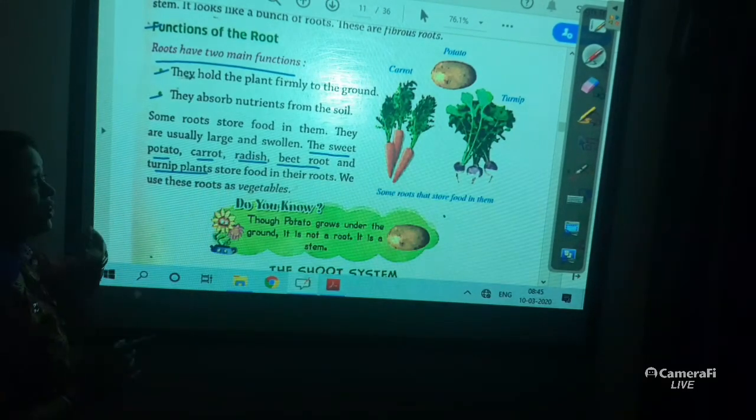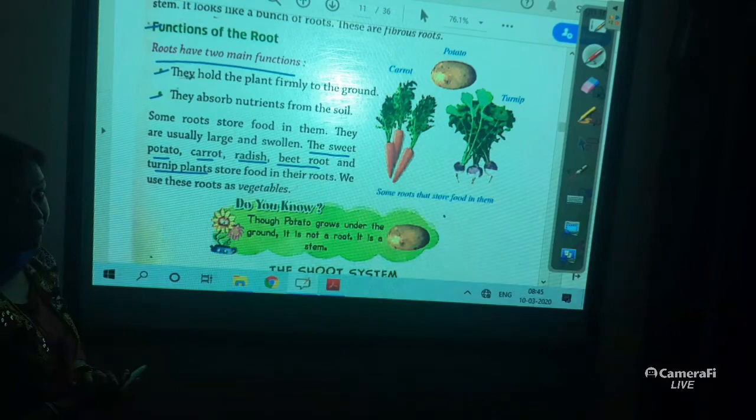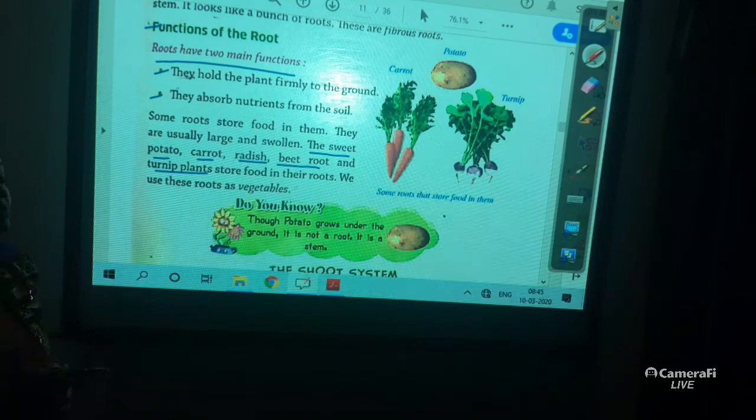We all eat all these vegetables, right? Radish, carrot, potato, beet, turnip, ये सारे हम लोग खाते हैं। But आज तुम लोग ये जान गए कि ये सारा क्या आता है, ये प्लांट्स की फ्रूट्स नहीं है और वेजिटेबल्स भी नहीं। मतलब ये कौन सा पोर्शन है हम लोग जो खाते हैं? Which portion do we eat of this type of plant? Yes, this is all the root portion of the plant. ये सारा plant की root का portion है।